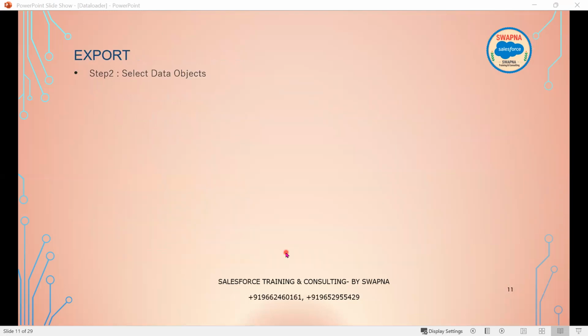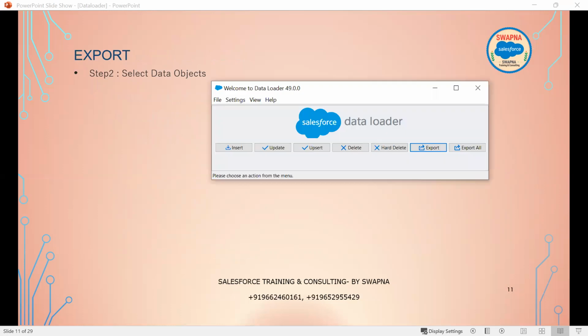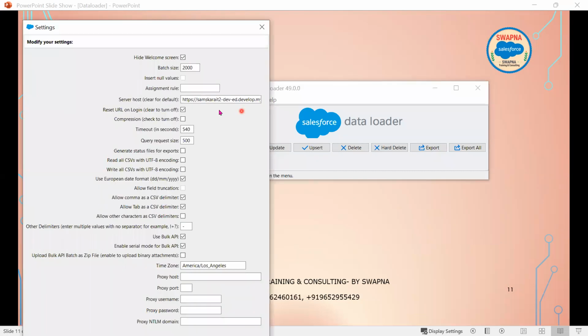Okay. So now we are connected to the Salesforce. How can I identify whether I'm connected to the Salesforce or not? If you go to the settings, you will see the server host. So this is my server host. It is connected to the